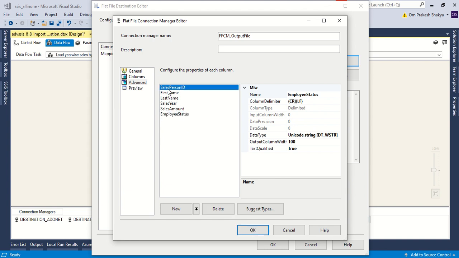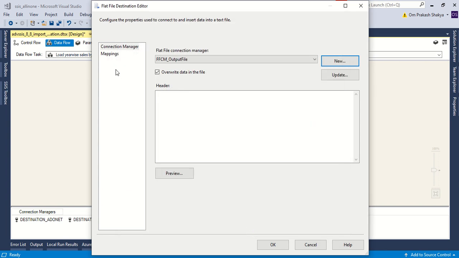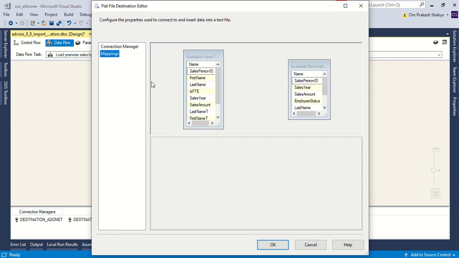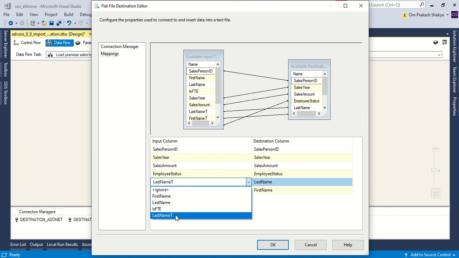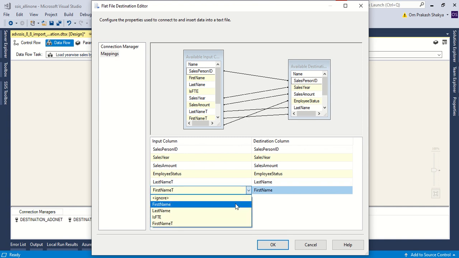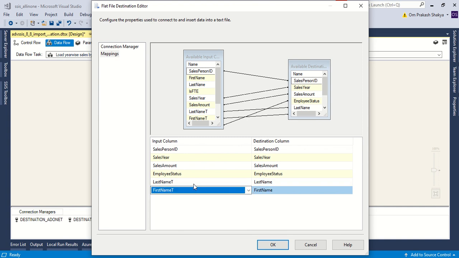Our data type is fine because we are reading from the database, and it is pulling the correct, accurate data types. And here in the mapping section, we will map these. So the destination we have chosen, these are the columns that we have created in the file right now. And last name, first name, it automatically mapped because I had previously used them, so we will have the transformed value there.